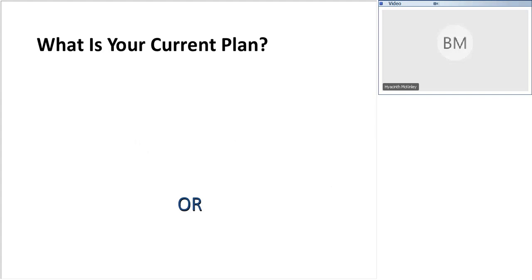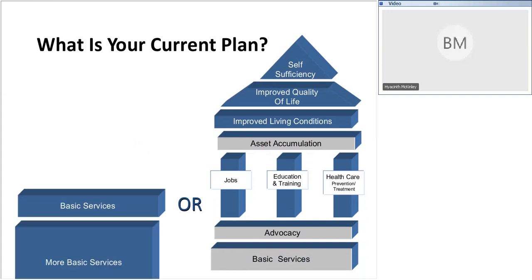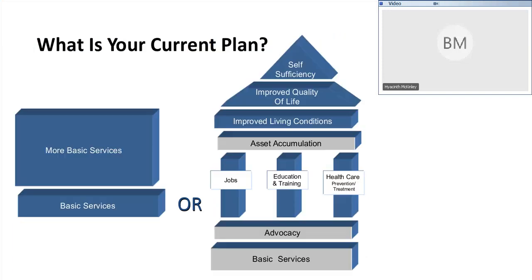So this is an old graphic. It's from a California agency, and I think you might have to click it a couple of times before it comes in. So whoops. On the left side of the screen is services, basic services, and more services. That's our plan. We're going to deliver services. Whatever services are needed, we are going to deliver them.